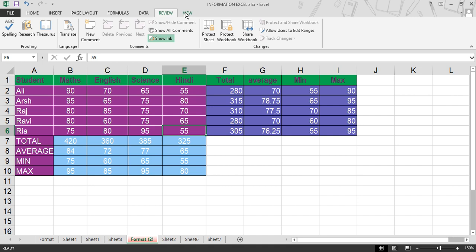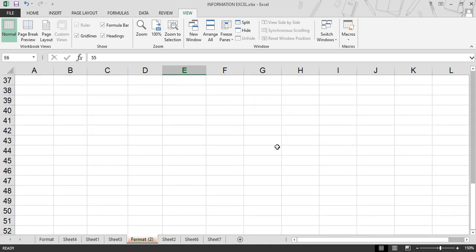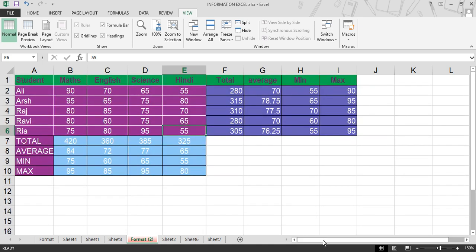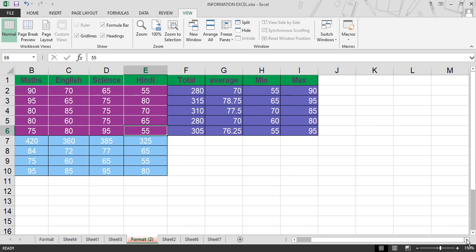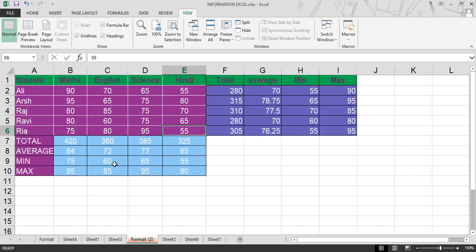Next is view tab. In a view tab, we will change the view of your Excel sheet. This is a normal view in which you can see all the cells and all the columns. This is a normal view of Excel sheet. Second is page break view.